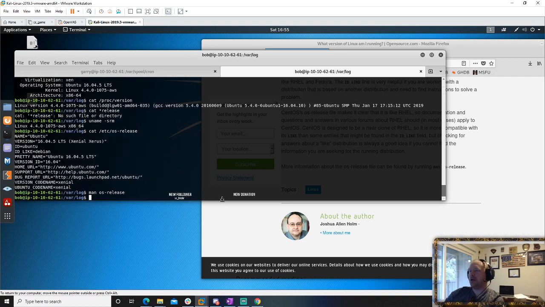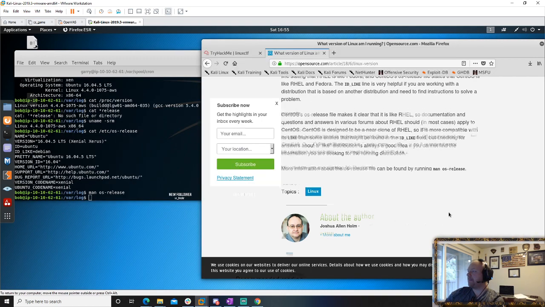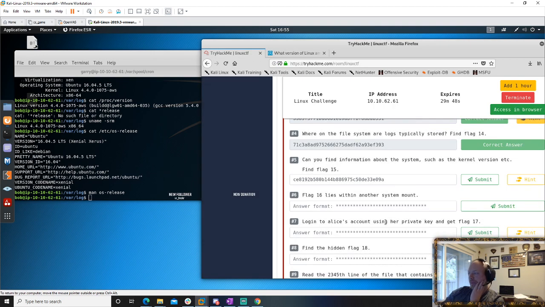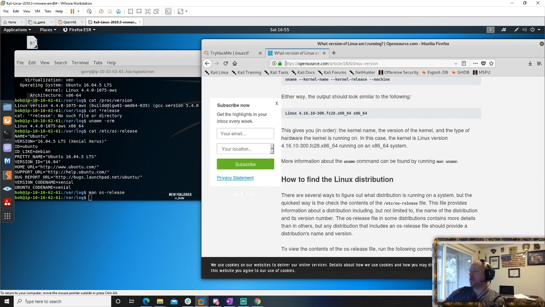Yeah, I didn't think they'd hide it in a man page. Information about system, including kernel version.